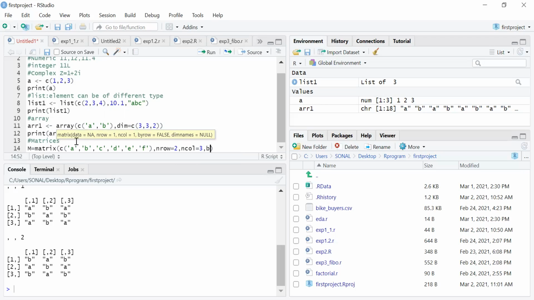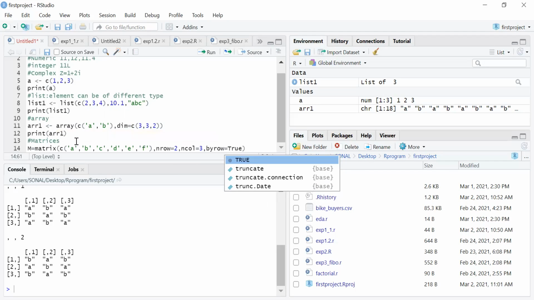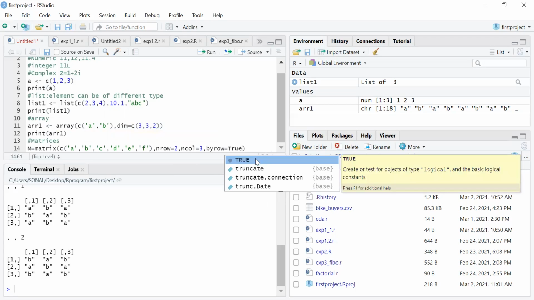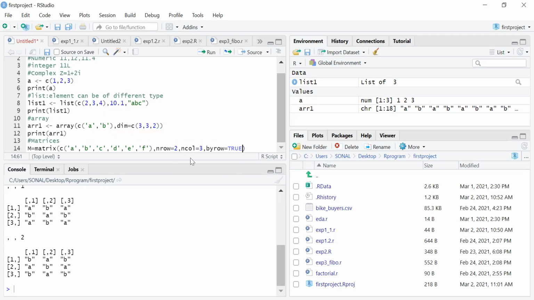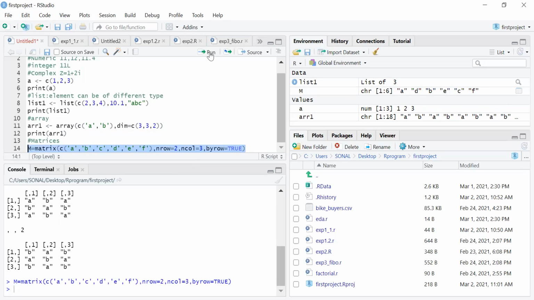You have to arrange these values row wise, so make byrow true. Fine, so this is how it has been created. Let's run this. You can see M has been created.